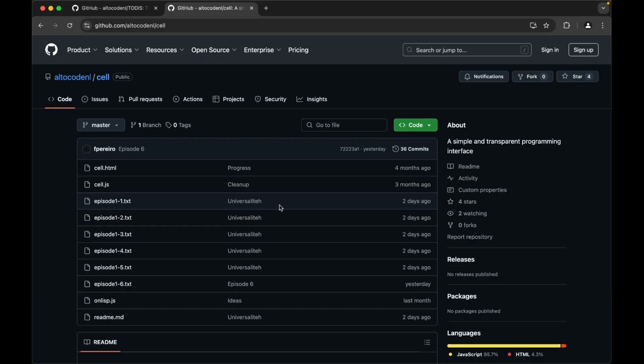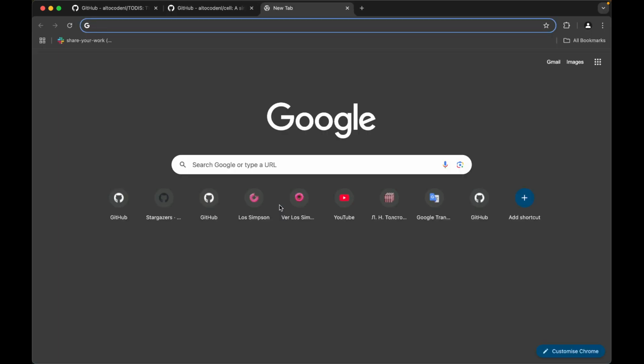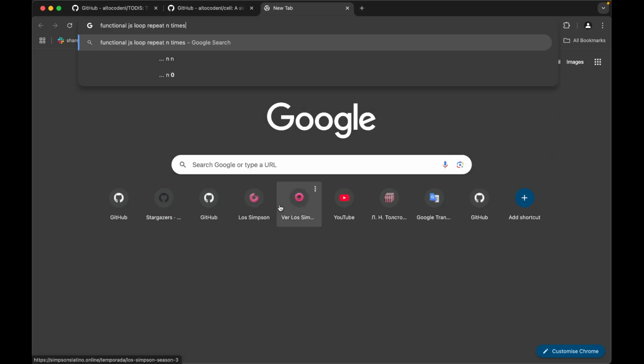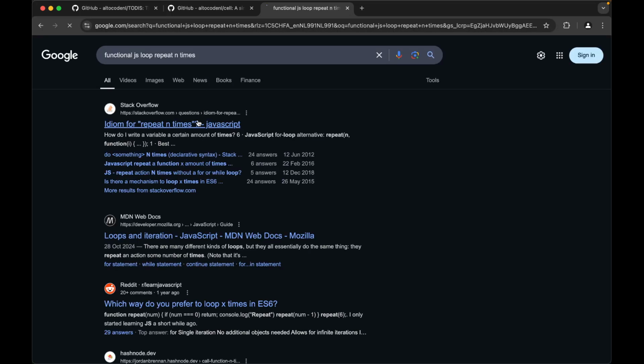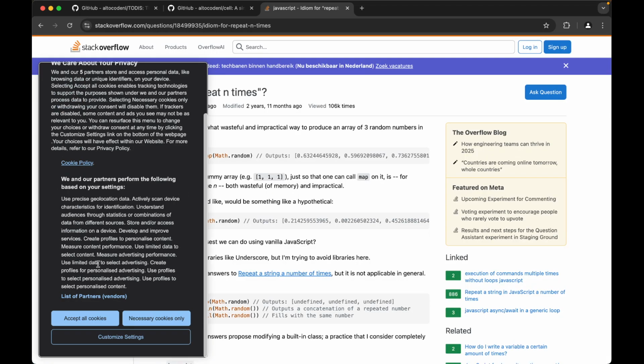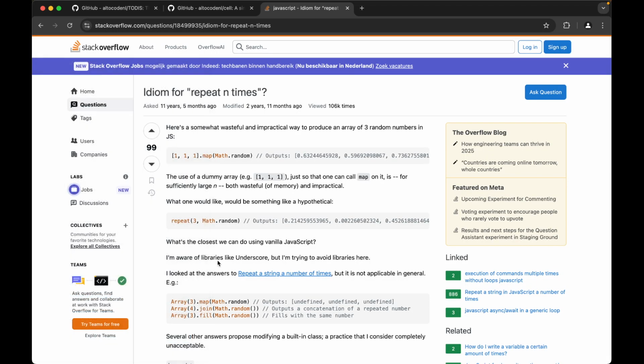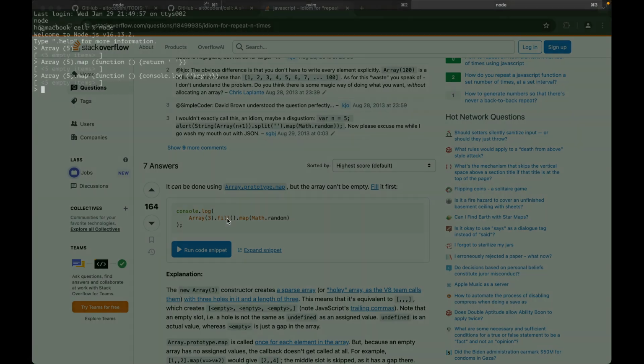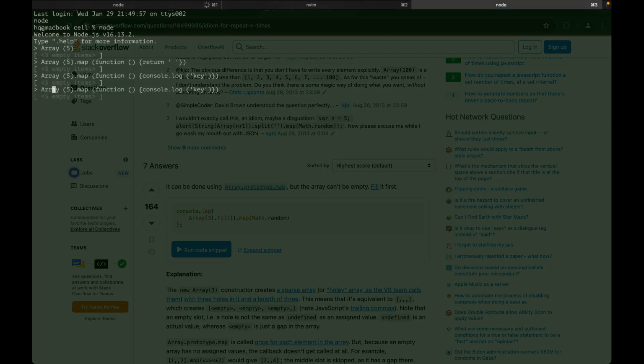Yeah, this sucks. Functional JavaScript loop repeat n times. What? I have to fill the array. Oh, that's nice.